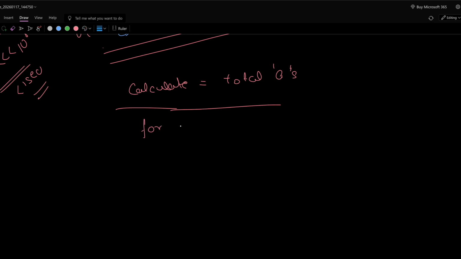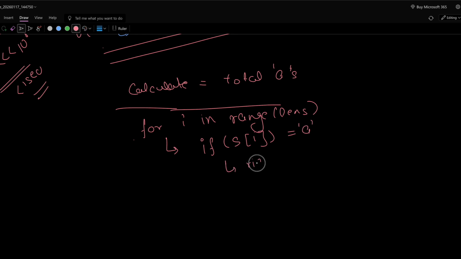So for I in range length of S, now inside this what we are doing is, if S of I is equal to A, then we are saying that right of A, which is nothing but total of A, is minus 1,